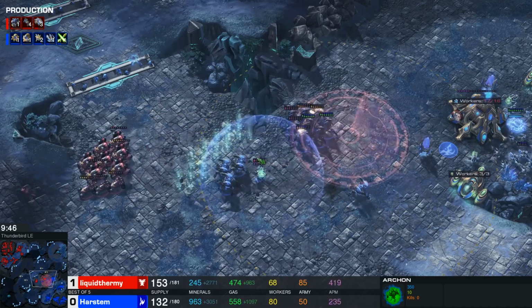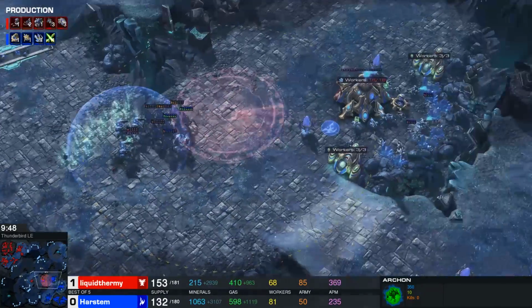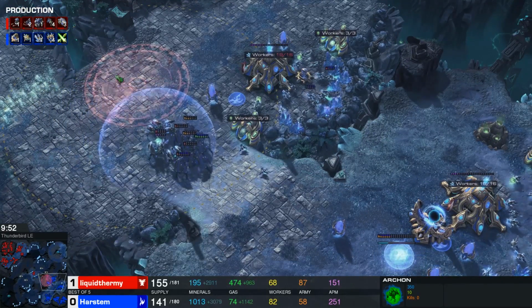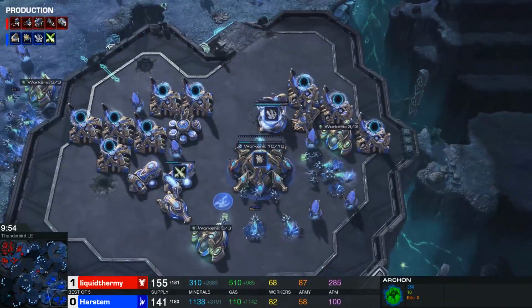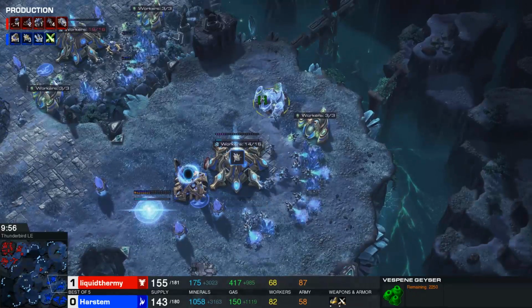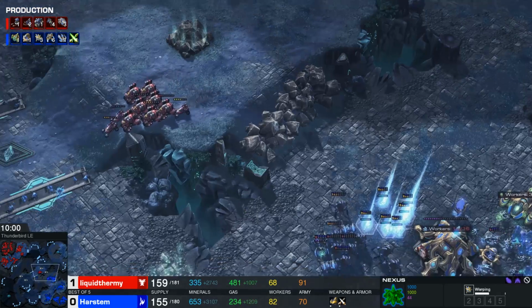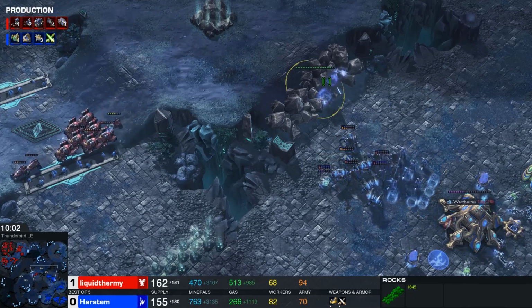Harstem though, this time around, does get himself that 4th base up and running. And he's actually warping in a lot of really beefy units right now. Just basically spending all of his money right now on gas-heavy units. Wouldn't mind seeing that one too. Yeah, I was going to say, if you're going to go Archons, gases definitely need to be taken. And now he also starts...